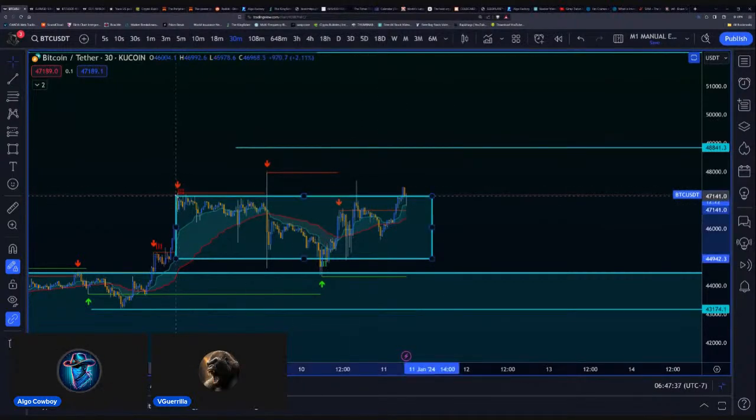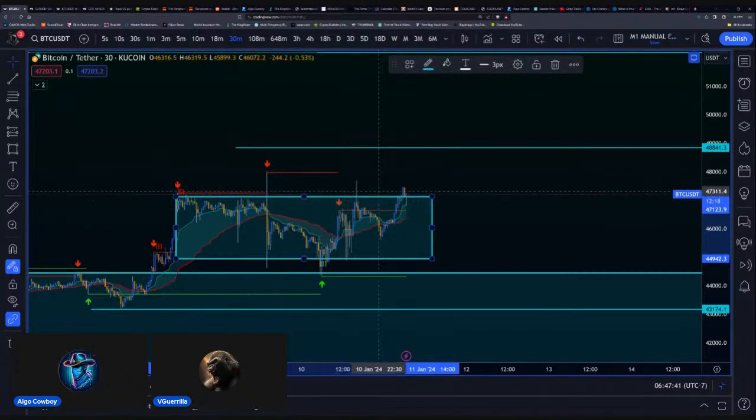So this range, it kind of looks like this is the range, and we just have these wild wicks from these announcements. Current deviation today. So we'll see, as price continues to move up and to the right, whether or not that range gets broken. But I wouldn't long just yet.